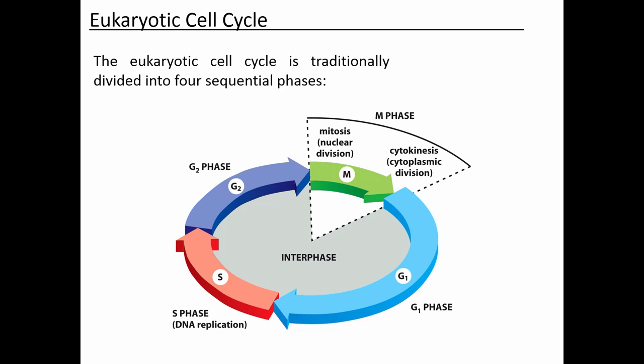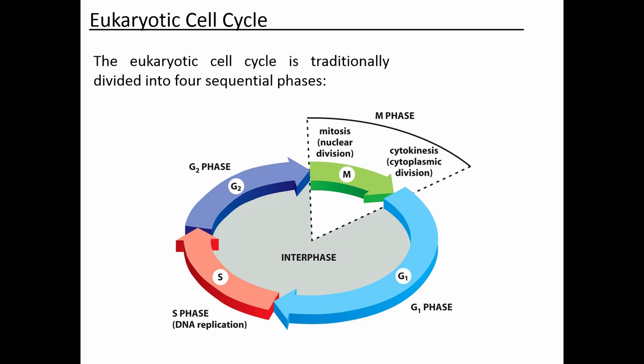Also, before I get into that, G1, S, and G2 are all part of what's called interphase. So when you did the mitosis lab, we had to count the number of cells that were in interphase and then the different phases of mitosis. Cells in interphase are either in G1, S, or G2. Those phases are all a part of interphase.